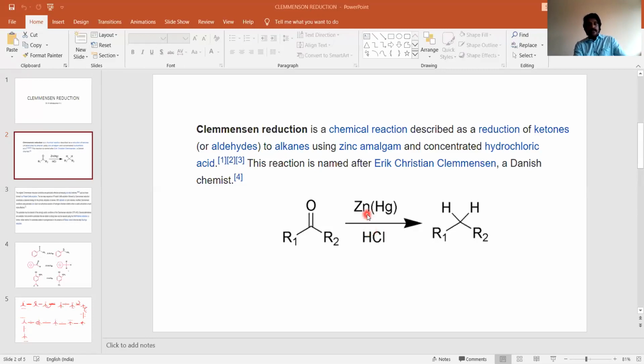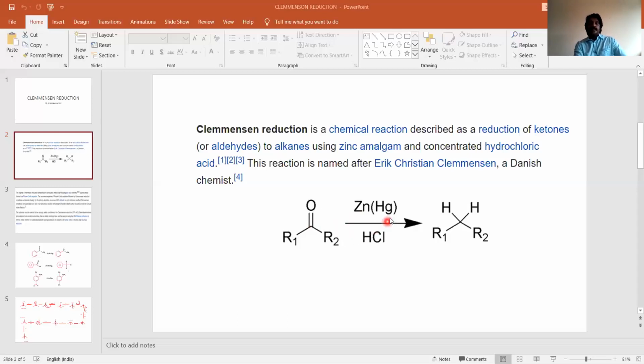Then when it comes to zinc, zinc as such is stable. It has a stable status at the oxidation level of Zn2 plus. That means it can lose 2 electrons, it can give away 2 electrons. So this carbonyl group will accept the 2 electrons. So one way we are getting electrons, and the other way we are getting hydrogen atoms. So reduction means, now we can easily correlate, gain of electrons from zinc, and addition of protons or addition of hydrogen from HCl.